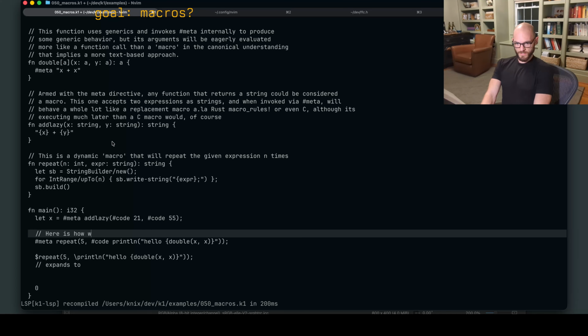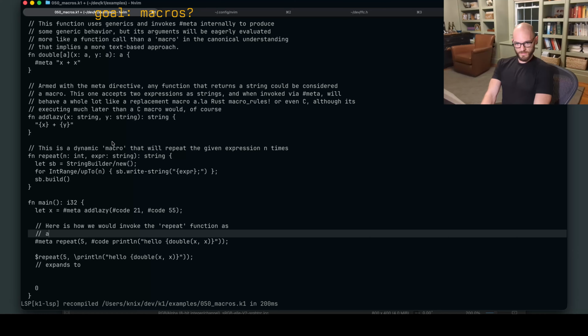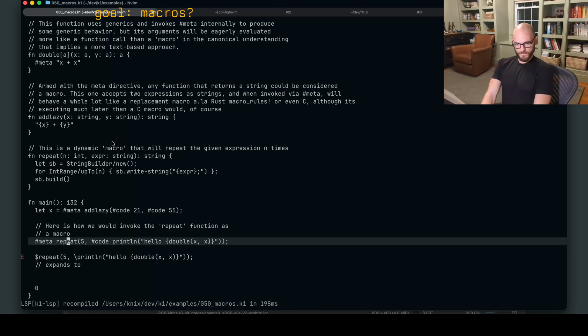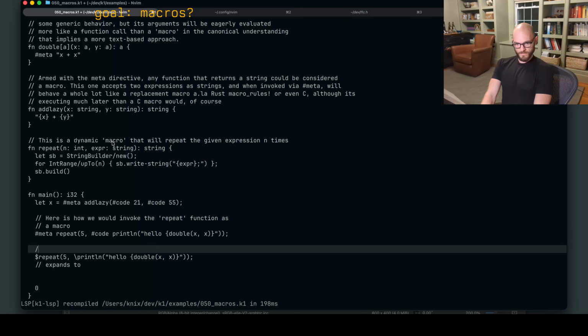Here is how we would invoke the repeat macro, repeat function as macro. This gets a little noisy.